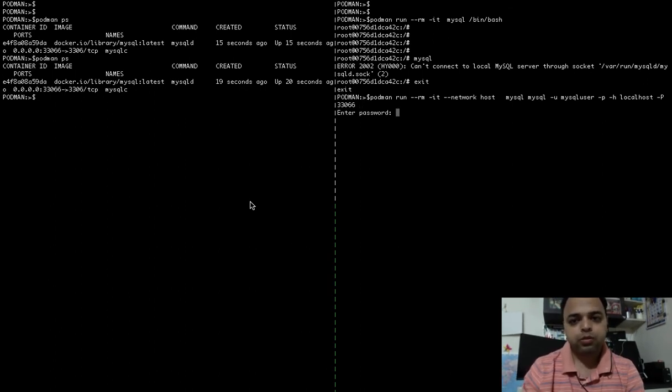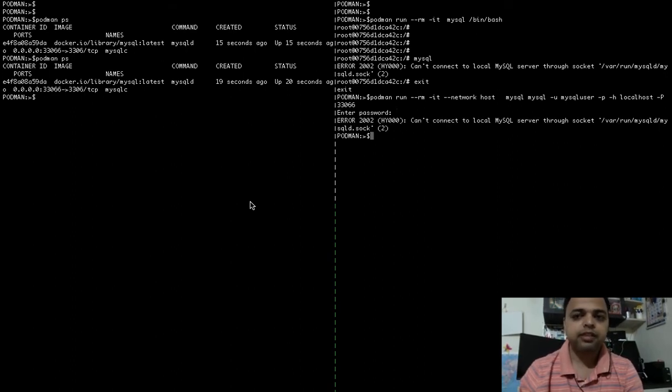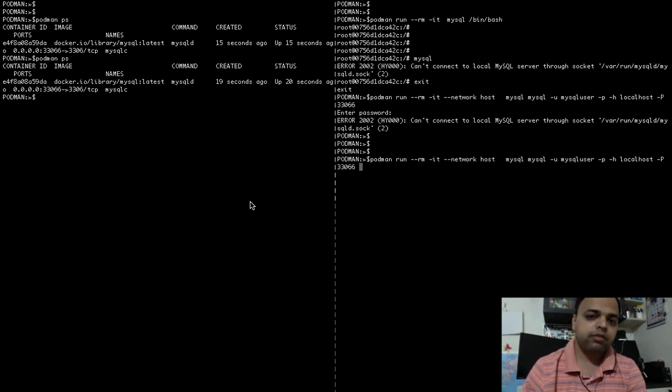So this is going to ask me for the password, and the mysql password is password, and it's saying it can't connect to the local MySQL server through socket. Now this is a very basic error, I would say. Initially don't get discouraged by this error, because mostly the host mapping is done with an IP address. Sometimes it does settings like this, but